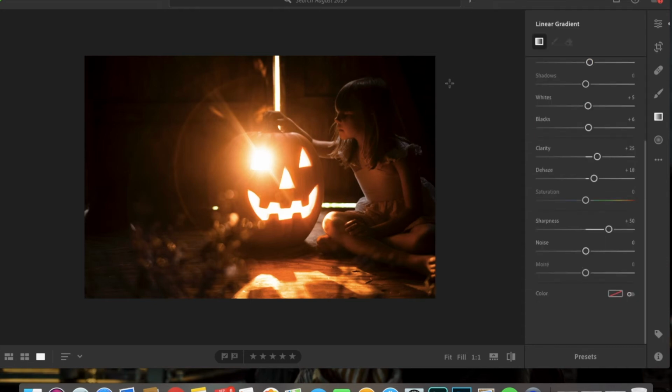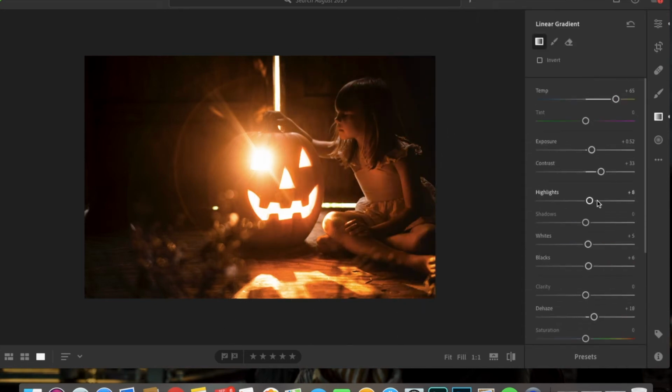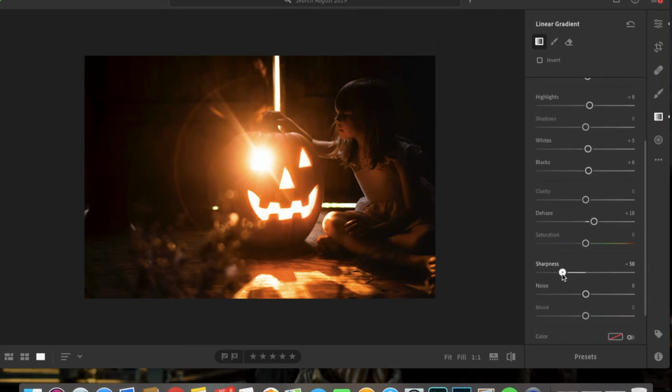I'm going to pull a linear gradient. I'm going to pull it over my daughter. I'm going to put the dehaze over her. And I'm actually going to pull down all of this, and pull it up to about here so I can make her dehazed a bit. And I'm going to pull down my sharpness and maybe a little bit of clarity and make it a little bit more